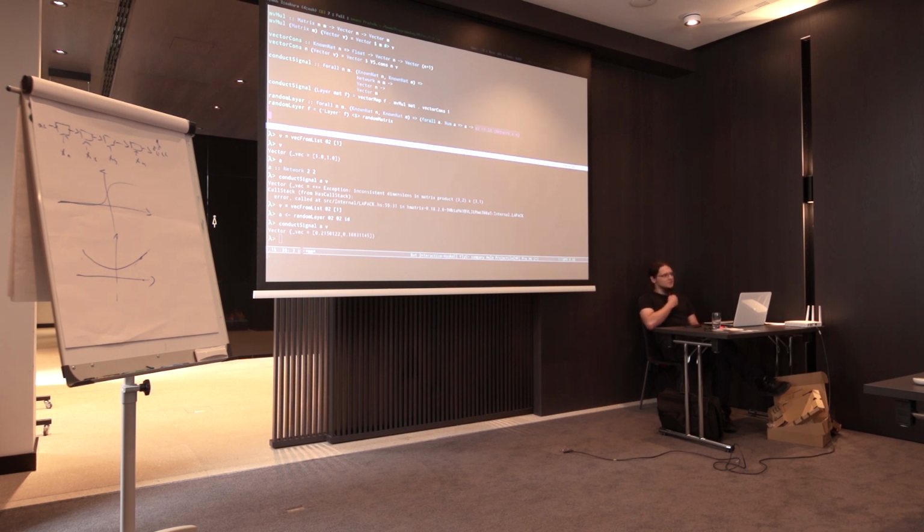So let's see if we will be able to train this thing. What we want is to compute the gradient for the matrix which we have and modify this matrix with respect to this gradient with some constant. So let's call this. Let's do it in small steps. Let's have something like this. We have this training example, so we will just